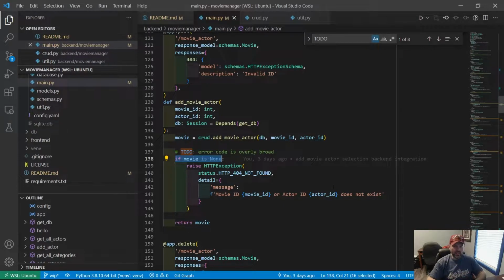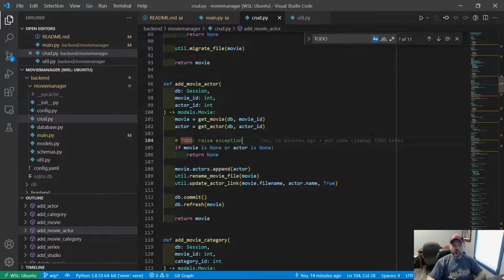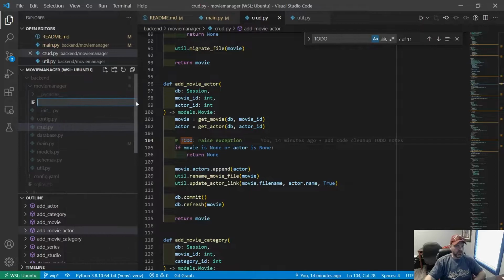So why don't we look into doing that? So here inside our CRUD module in the add movie actor function, you can see that if either our movie is none or our actor is none, we're returning none. Well, I think it would be a better thing to do to say, if one is none, let's throw a custom exception. So let's make a new module,